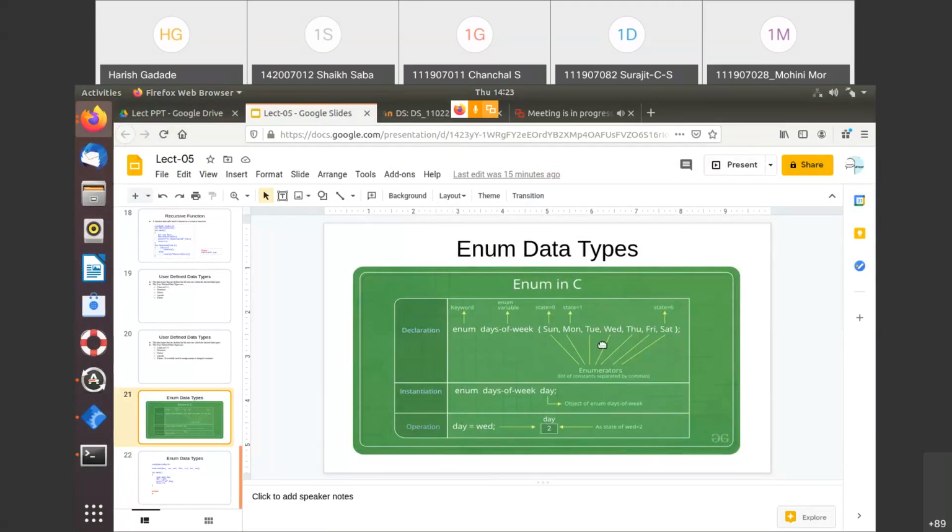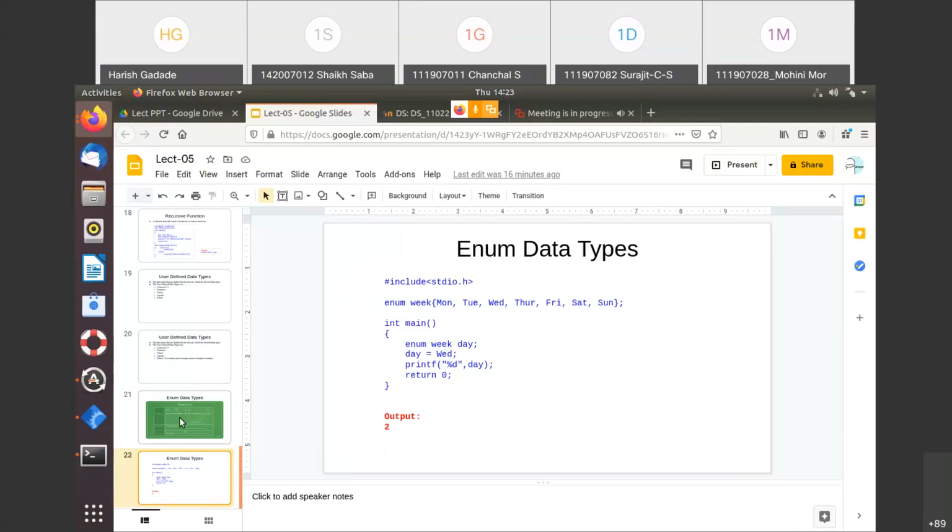So 0, 1, 2, and Wednesday should be 3, but here it shows 2, so it's not 2, it is 3. Getting my point? So this is the enum, and the output here is true because here we started from Monday. Have you understood the enum?